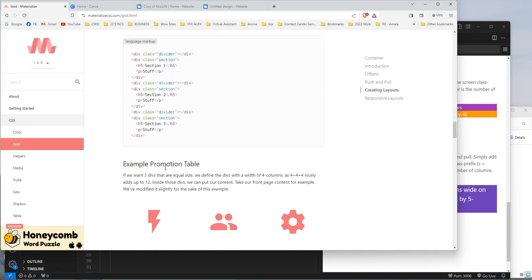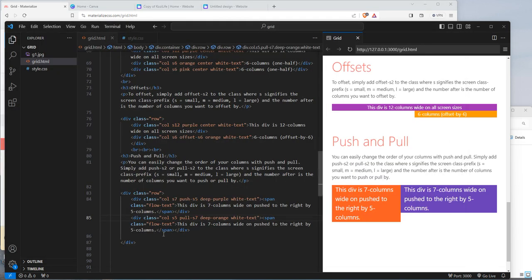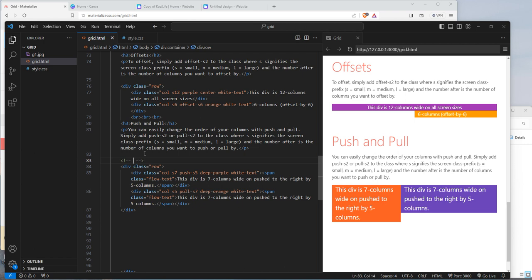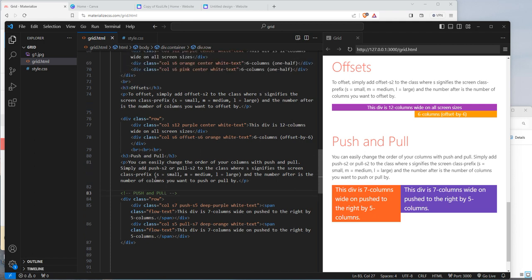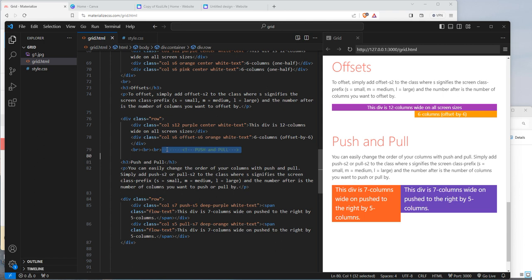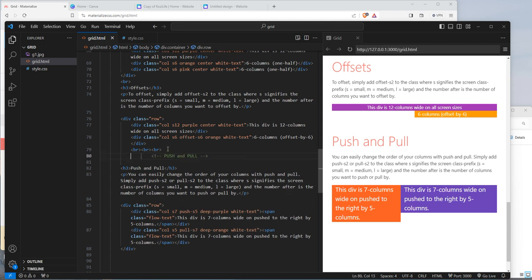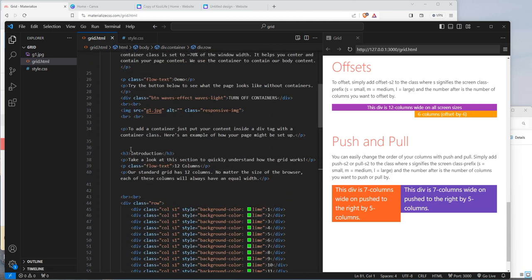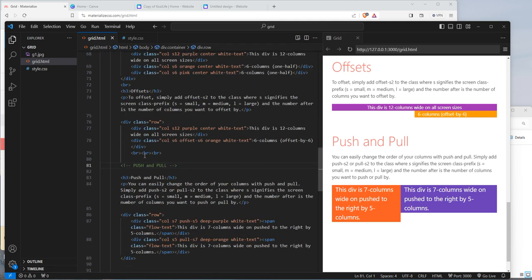Pero mag-skip tayo dyan, magpunta tayo dito. Okay, so let's do, pagkatapos nito, dapat pala ako yung nagko-comment. Lagi kayo magko-comment. So this one is push and pull. Hindi pala dyan. Dito. Yan, push and pull. Kayo na nga lang ang mag-comment, but always put a comment ha para alam nyo kung